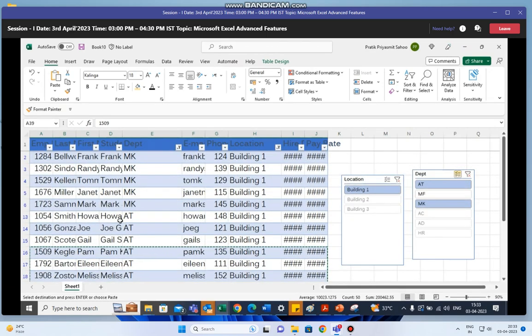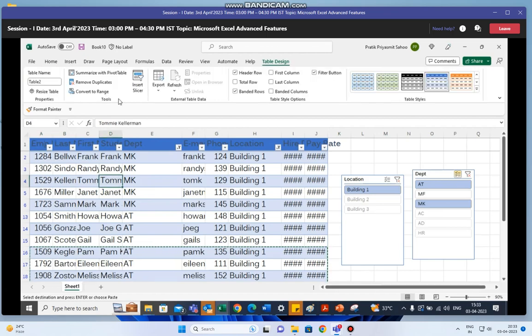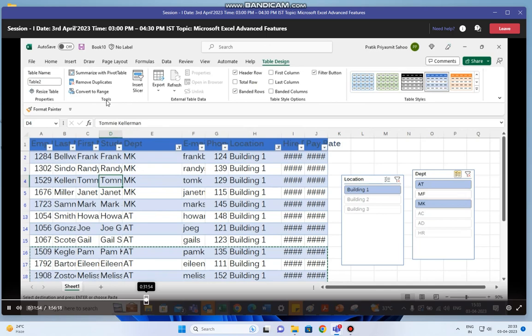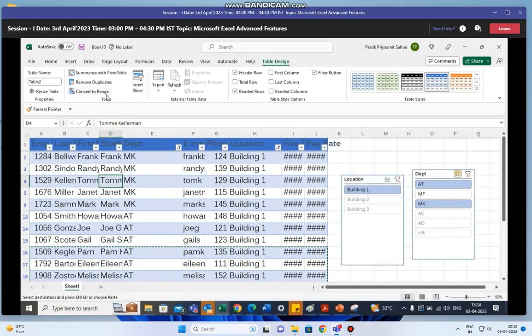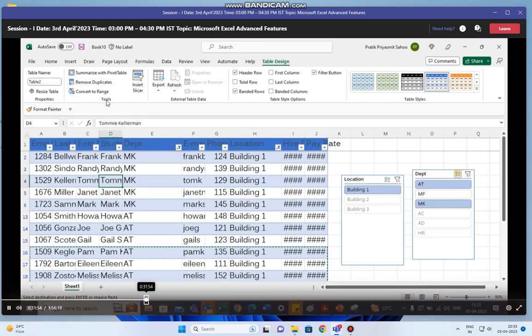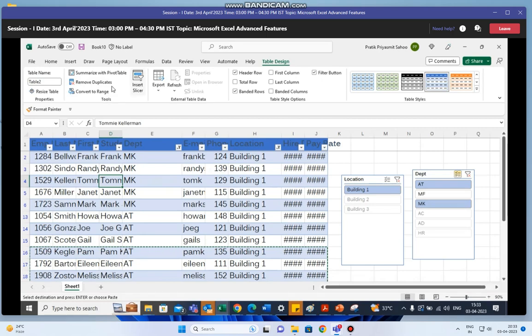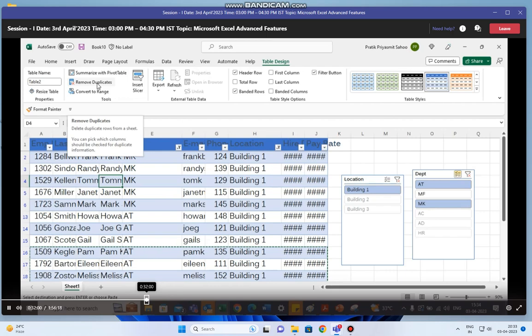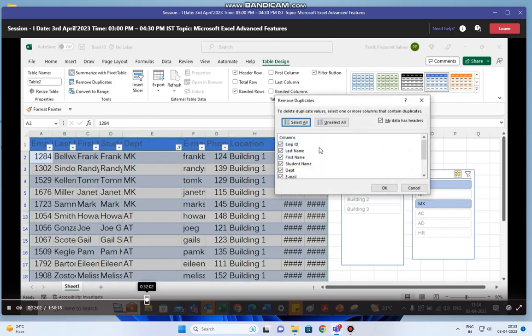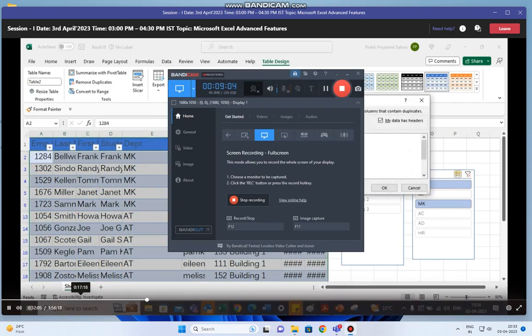Simply, when you have your data, just select the data, and in the tools option here, you can see there is an option available called Remove Duplicates, right? If you click on this, it will give you options, just unselect. Suppose you want